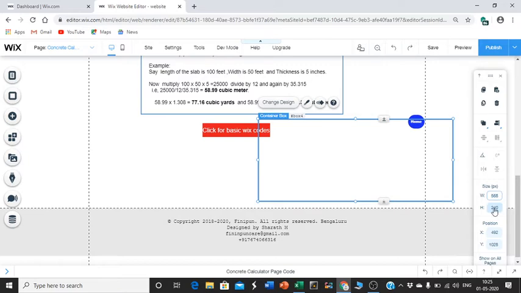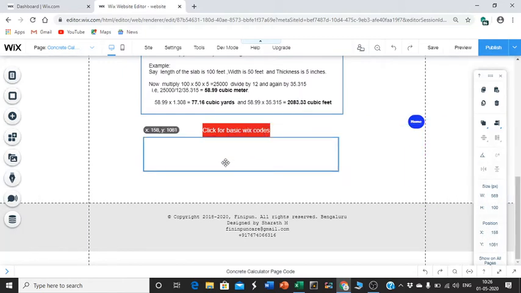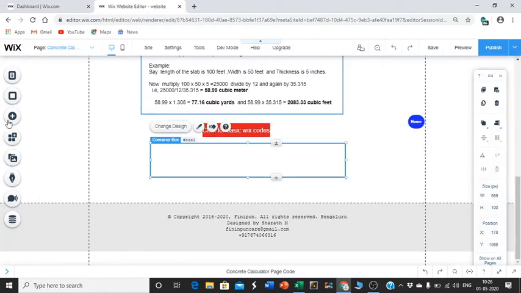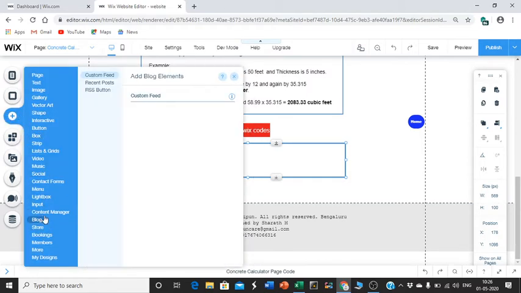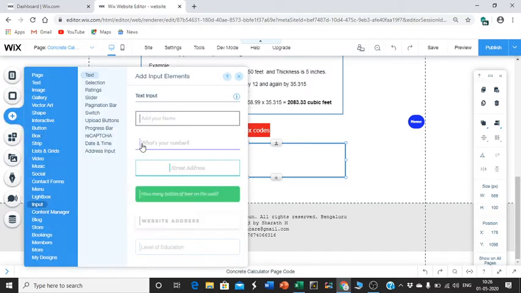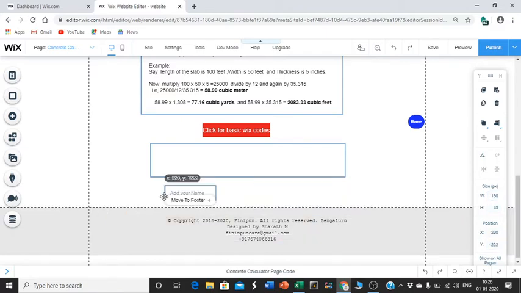The height is 240, so I click and reduce the height to 100 and just place it here. Then again, same thing, go to inputs, again drag and drop. Here the width is 300, I will reduce it to 150. Once it is reduced, drag it here.